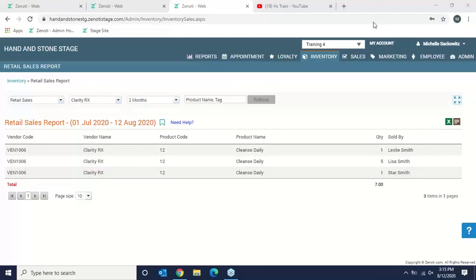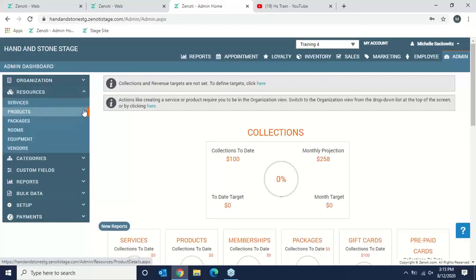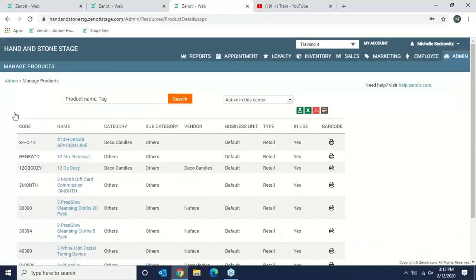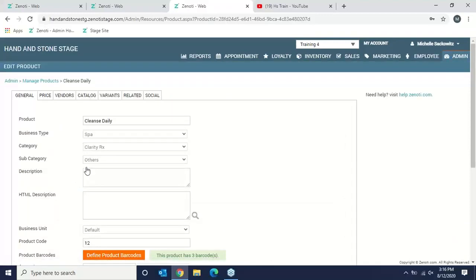Okay, so let's go over how to change your alert orders. This is all done in your admin page. If I go ahead and select admin, you're going to see a resource option here, and you can select your product. I'm not sure if this is going to let me do this in the stage site, so I'm going to try it out. If I just go ahead and select my product here,